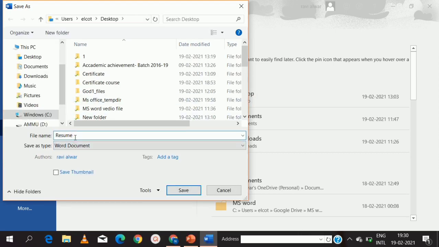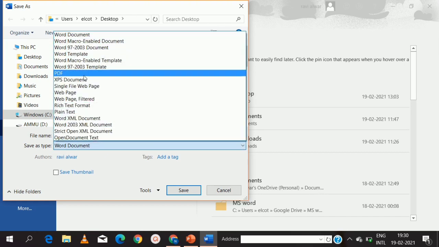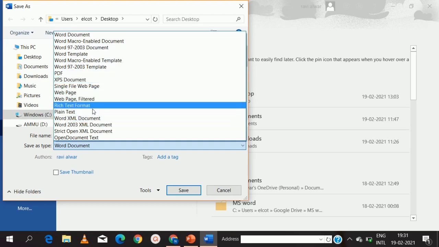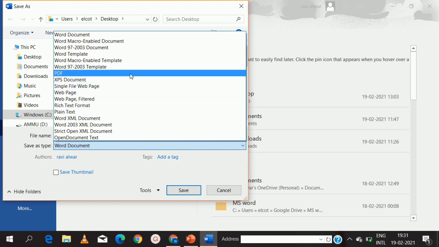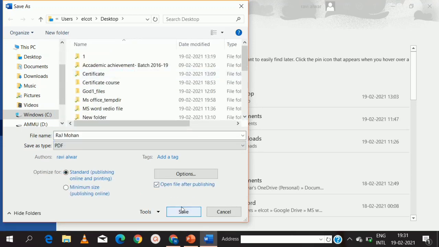I'm going to name it resume, or you can use your name, Raj Mohan. If you want to save it in Word, you can, or if you want to save it as a PDF, you can. You have various options here. I want my resume to be in PDF so that nobody can edit it. So I am going to save this as a PDF. Then save.